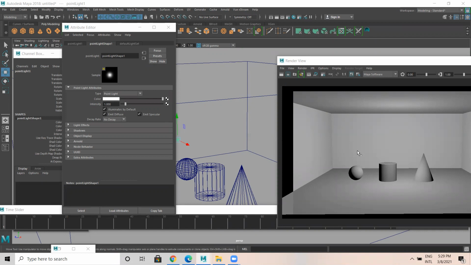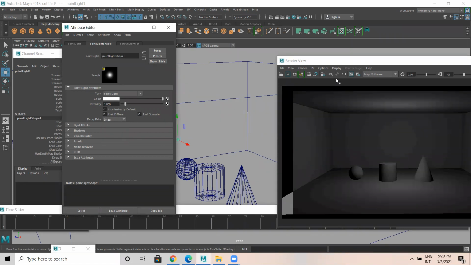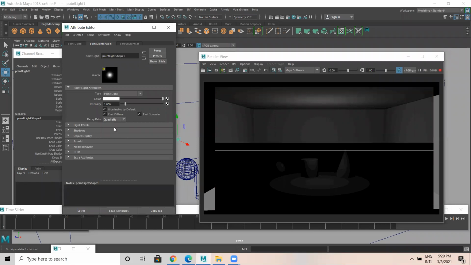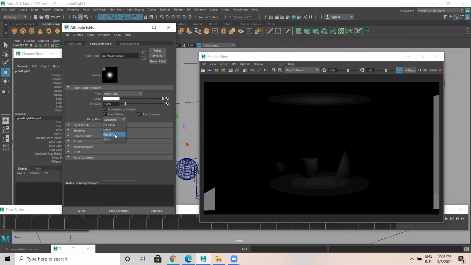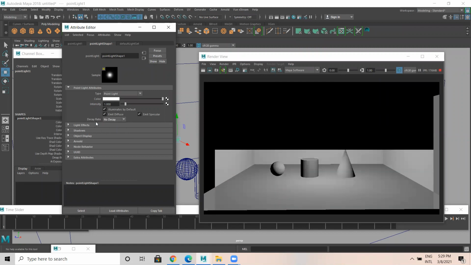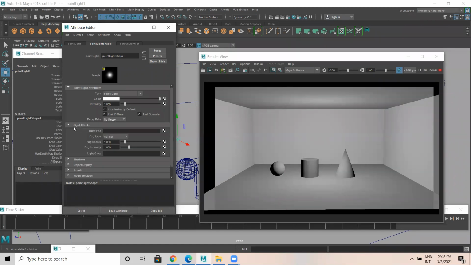So no decay means it won't die. In this there are options: linear, quadratic. In linear you can see something like this. Similarly you have quadratic. These are different decay rates. Similarly you have a few effects: light fog, a few more things.